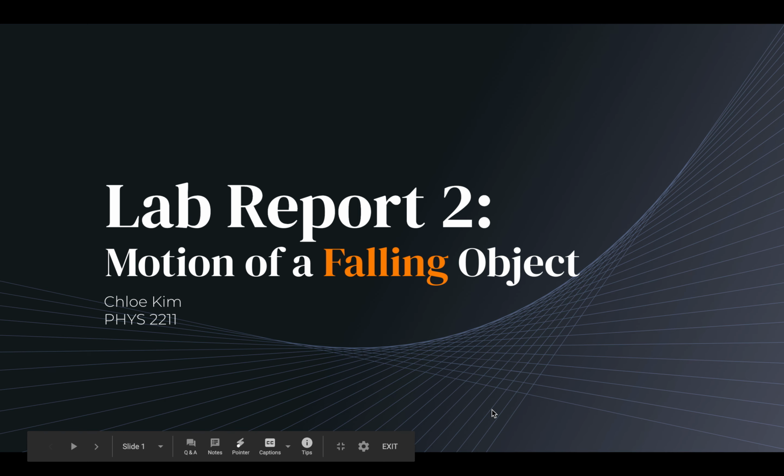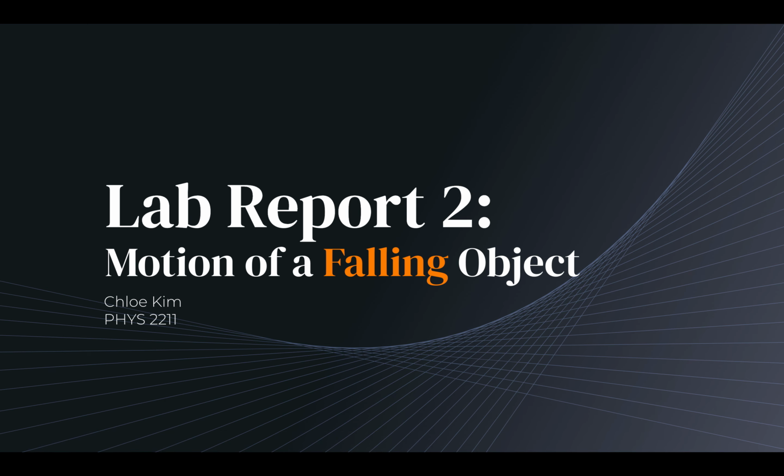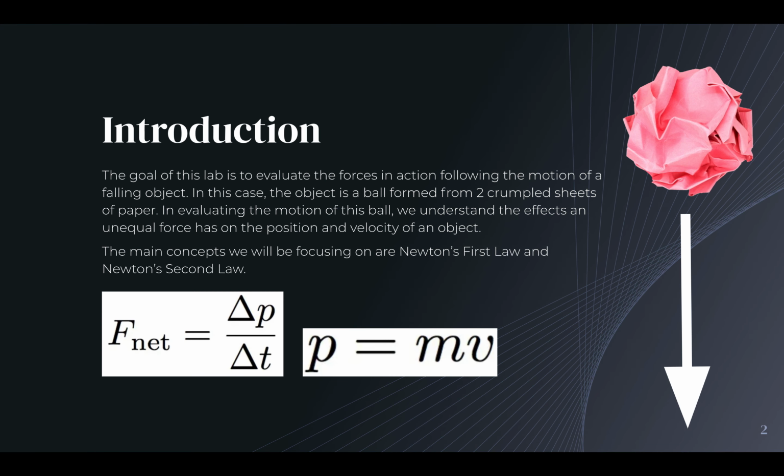Lab Report 2, Motion of a Falling Object. In this lab, we observe the motion of a falling object and the forces involved. In this case, the object is a ball formed from two crumpled sheets of paper. In evaluating the motion of this ball, we understand the effect an unequal force has on the position and velocity